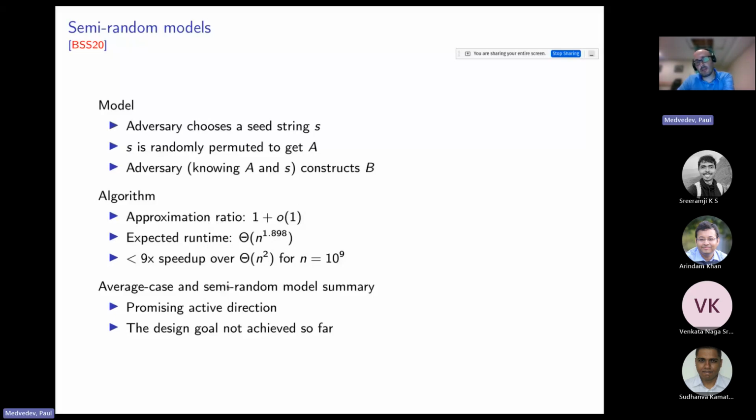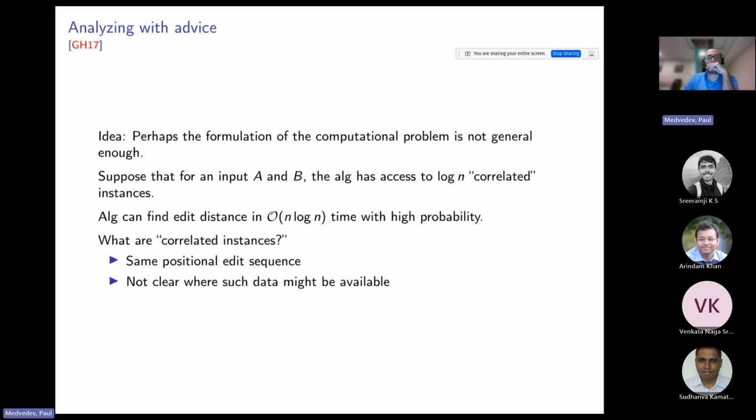So, and there's other results here. It's really a promising active direction, but it hasn't achieved the design goal so far. And in order to do that, I think the approximation ratio has to be small, kept at this level, but the runtime needs to really be something much smaller. And then it has to be something that's easier to implement. Okay,